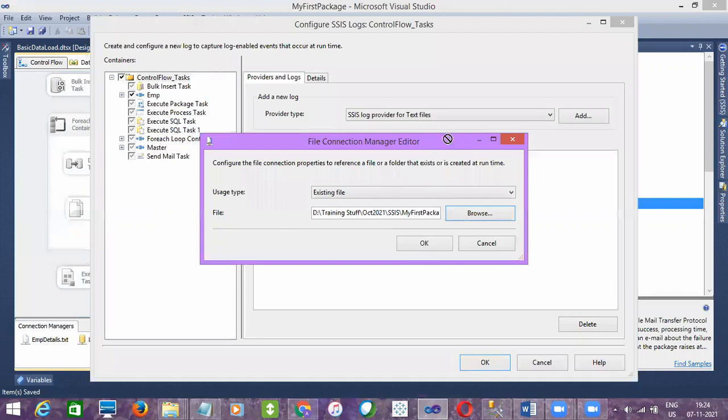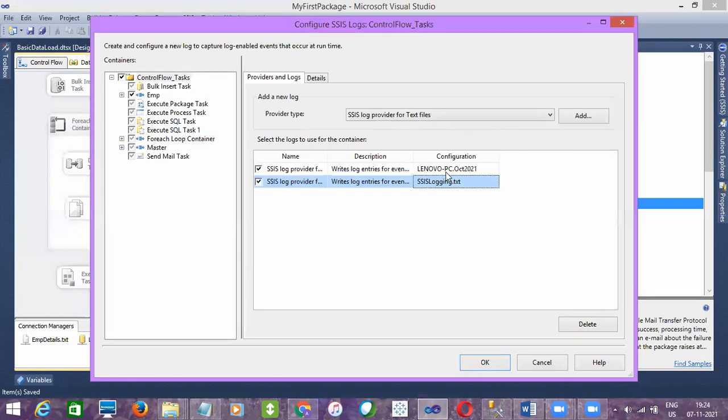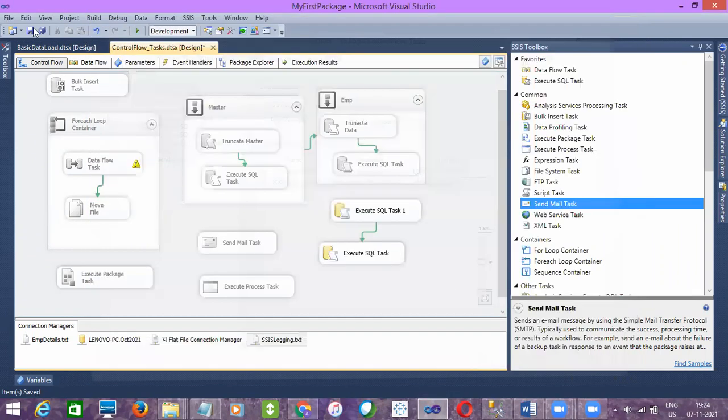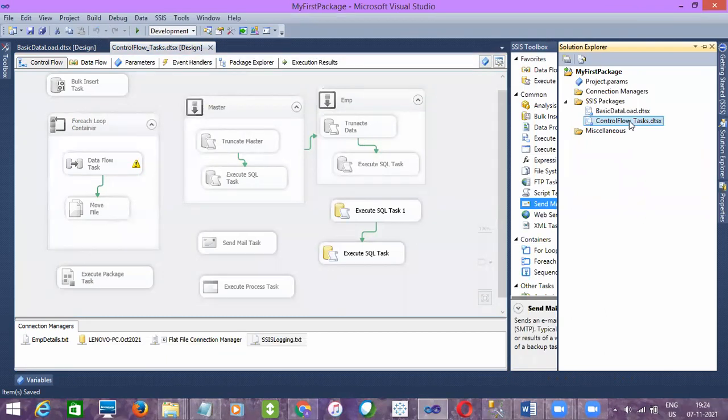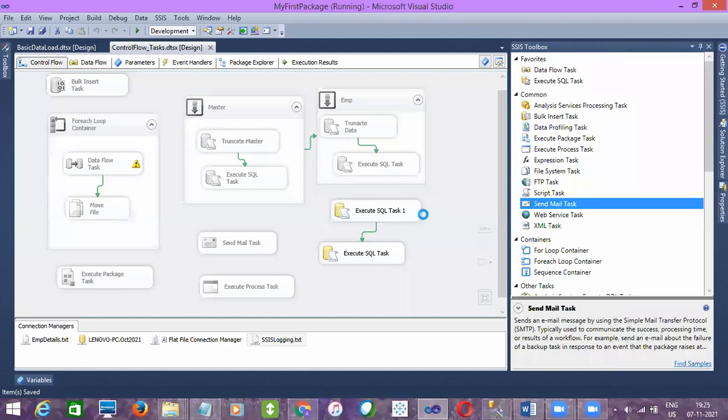See, what I am doing is creating a text file logging, and the file name is SSIS log, so the logging events will be stored in the text file, right? Let me click OK, save it, and execute the package. Now the logging will be done on both SQL Server and the text file, since I have added both log providers.